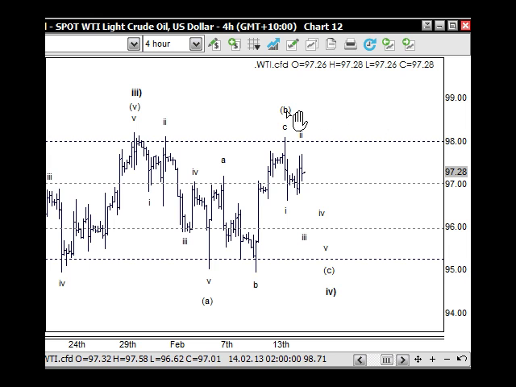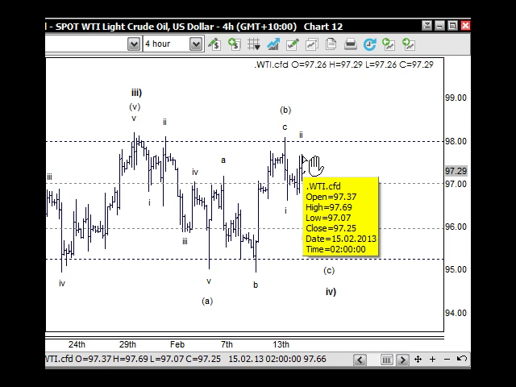So now, from the B wave here, we're looking at the C wave for wave 4, and the C wave's always in 5 waves as well. So we'll be looking down for 1, an A and a B and a C for 2 here, retesting the high here at 97.69, which is really in the subgroup 2 area, isn't it? So we'd be looking at 97.65, 97.72, and 97.80 there. So that sort of fails at that point.